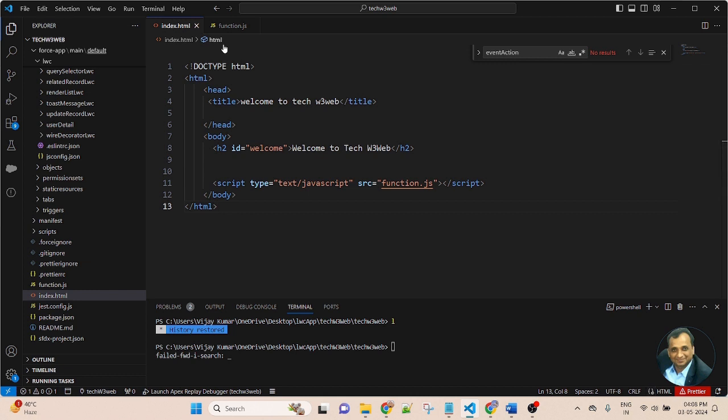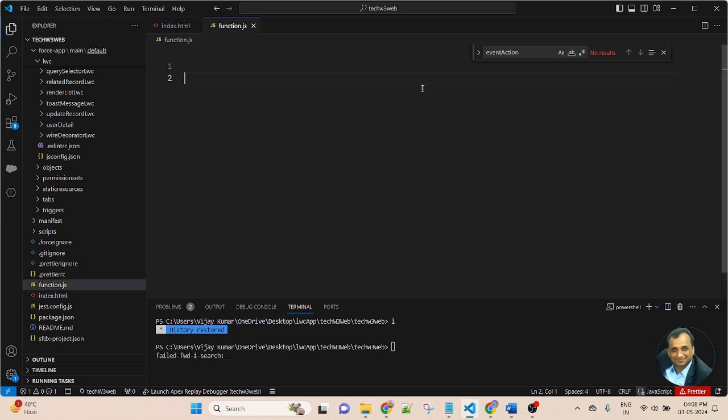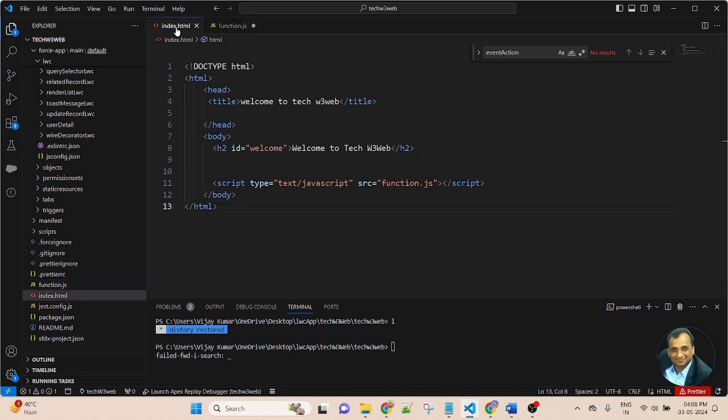In the index.html file, I will write elements, tags, div, button, and in the function JavaScript file, I will create a function. First, in the index.html file, we will create a button and a propagation example of JavaScript.